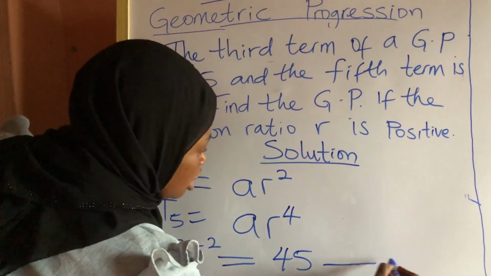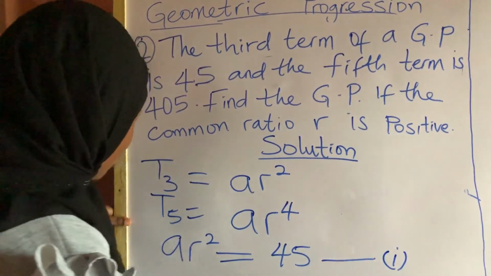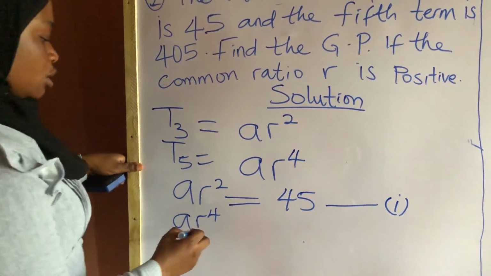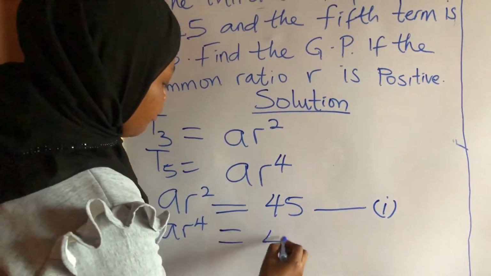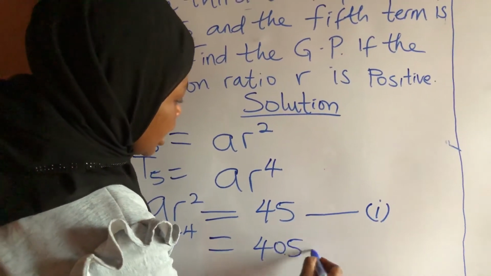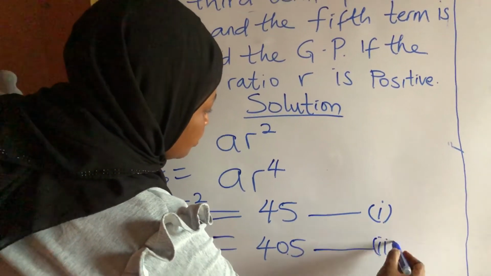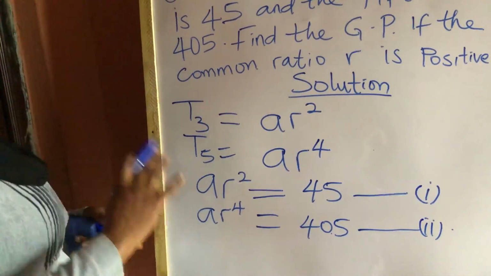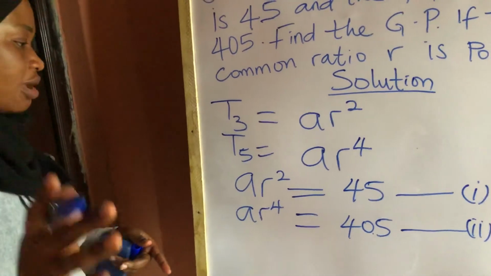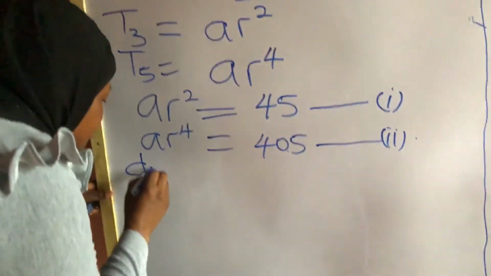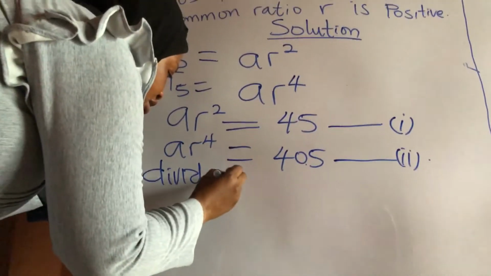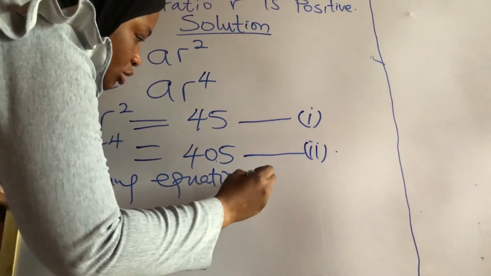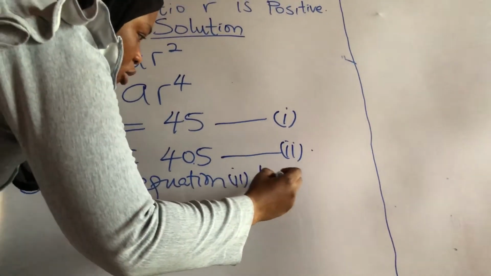So as usual, label it as equation 1, and the fifth term, a multiplied by r raised to the power of 4, is equal to 405. So label it as equation 2. Then I said that for GP you divide or you multiply, for AP you add or you subtract. So dividing equation 2